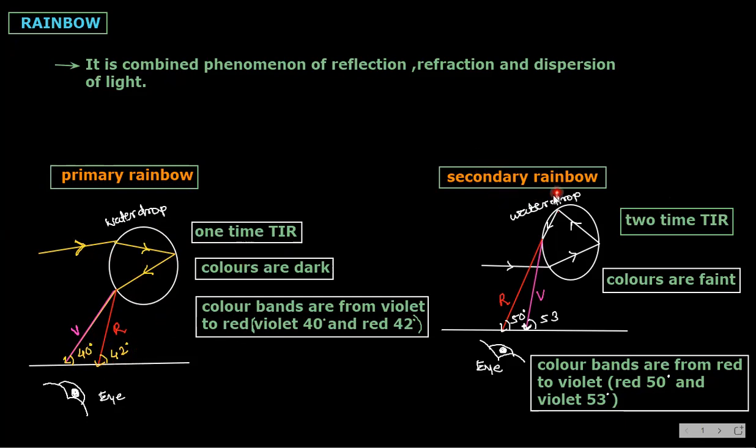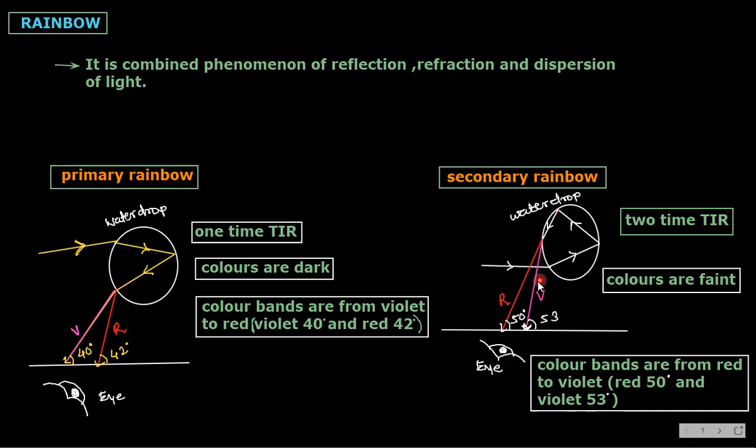Now see here, how the secondary rainbow forms. This secondary rainbow forms because of two total internal reflections. See here it is one and here it is one. Light ray comes, bends, then at a particular angle the ray gets internally reflected. Again, it gets reflected. And this time violet is coming here, red is coming like this. So red is making how much angle? 50-degree. Violet is making how much angle? 53-degree.